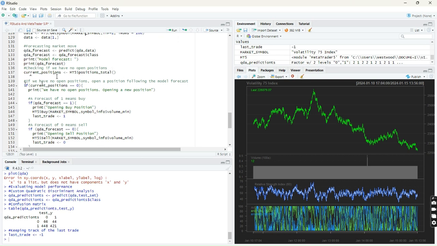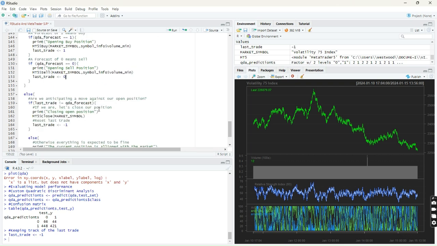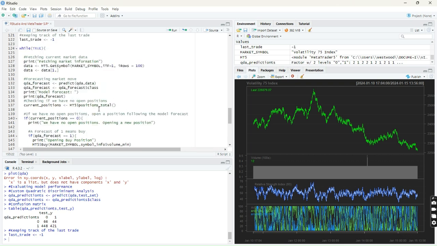So if current positions equals 0, we have no open positions. If the model forecasted 1, that means buy. So we buy at the minimum volume, and we get that from the MT5 package. And if the model forecasts 0, that means sell. We sell again at the minimum volume, and then we set the last trade to either 1 or 0 depending on what we did. That way, in future,